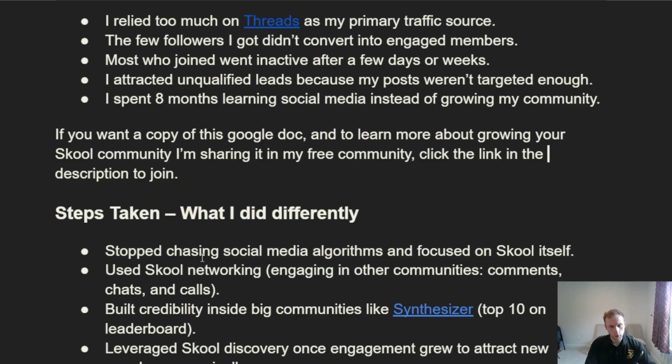So there are a lot of people on the platform, and you can take advantage of this. I've been able to take advantage of this as well by using Skool networking and also partly Skool discovery. But one of the things I want to touch on is Skool networking. And I think this is a really powerful starting point for a lot of people to just get on other communities and start engaging with others.